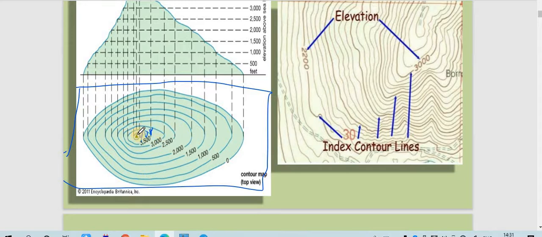And if it is vice versa, that means if there is a lower value inside and a higher value outside, it is indicating a valley. So in this way, with the help of these lines, we can identify whether there is a hill or a valley, and based on that we can use it for our purposes, like road construction, railway lines and many other purposes.